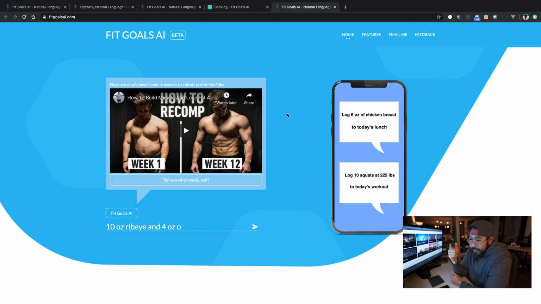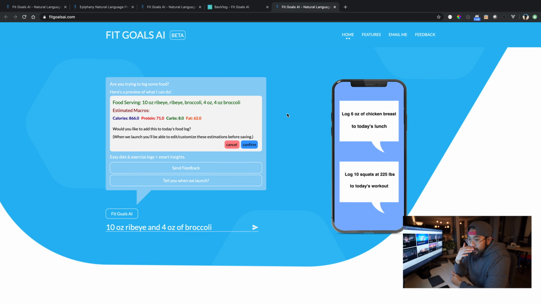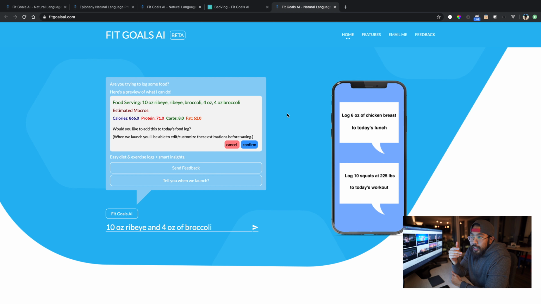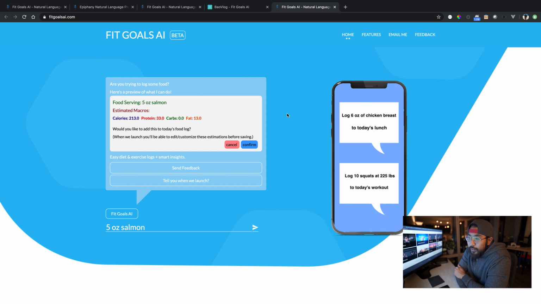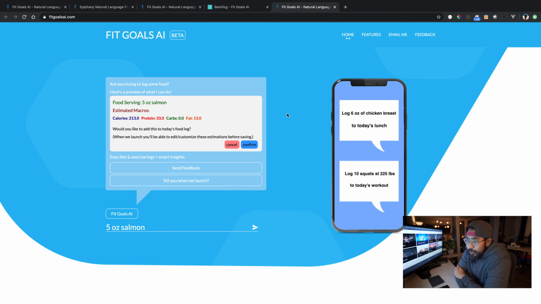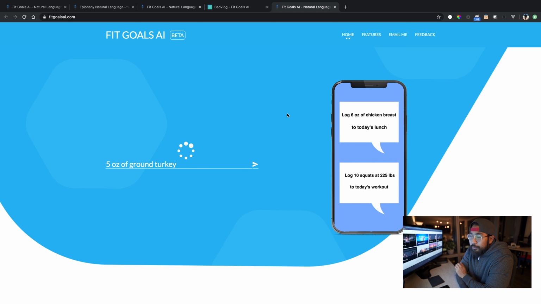In this case, you see 10-ounce ribeye, 4 ounces of broccoli. It's going to detect that you're talking about those food items. It's going to calculate the macros for that meal, estimating how many calories, protein, carbs and fat are in that. And what you can do is add that to your daily macros count.